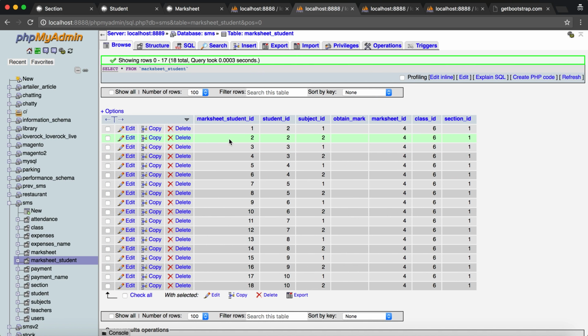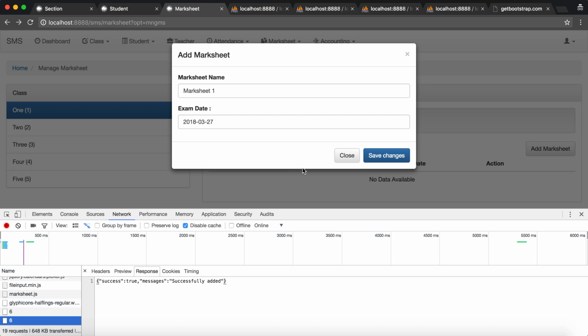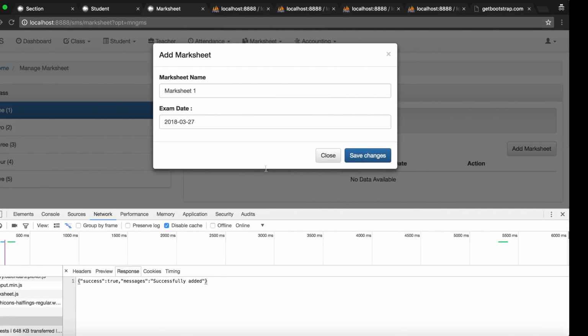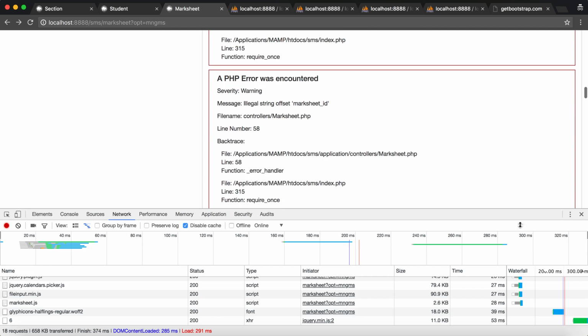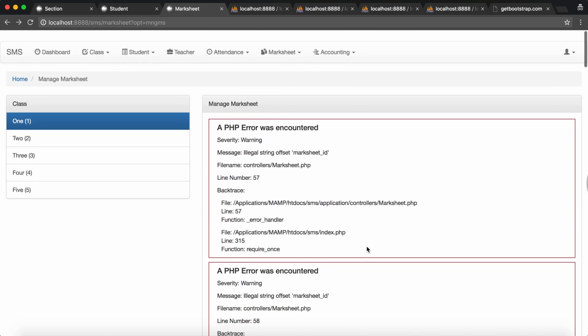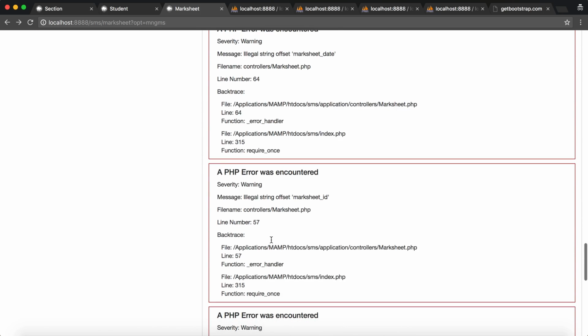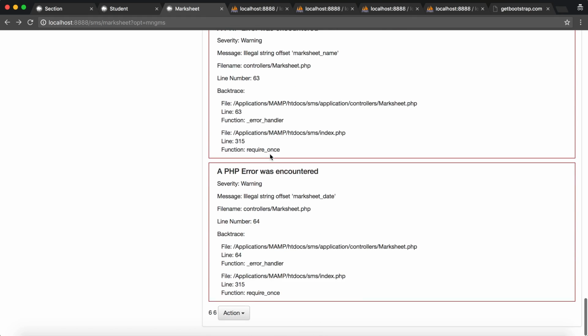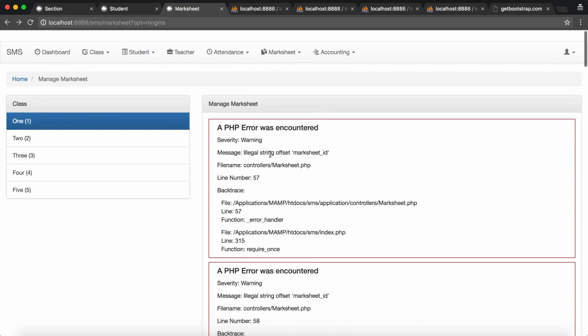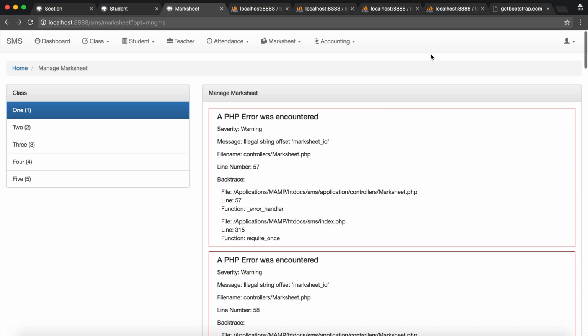So we are successfully able to create the marksheet. So yeah, in the next part, we'll try to fix this error. I don't know why I have this error. We'll work on this in the next session, and we'll try to finish this manage marksheet. Okay, so